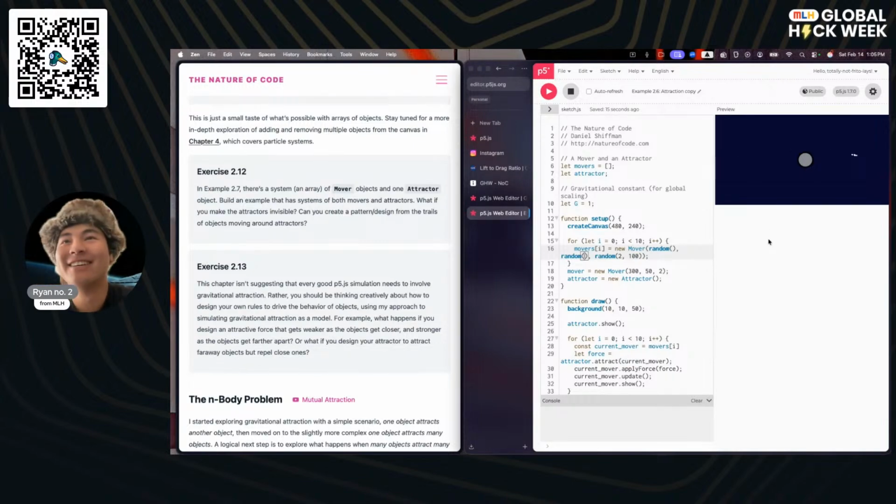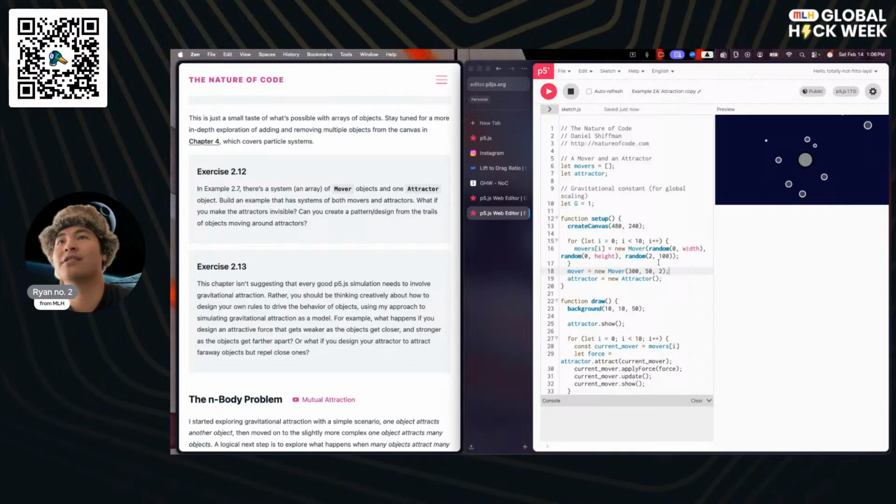Okay, so this started off at 50, which is around like here-ish. So we can make it anywhere from 0 to the current height of the screen, let's say. And then same thing for the other one. So now they can spawn anywhere in the screen, and now we've got random masses from 2 to 100. Okay, cool.